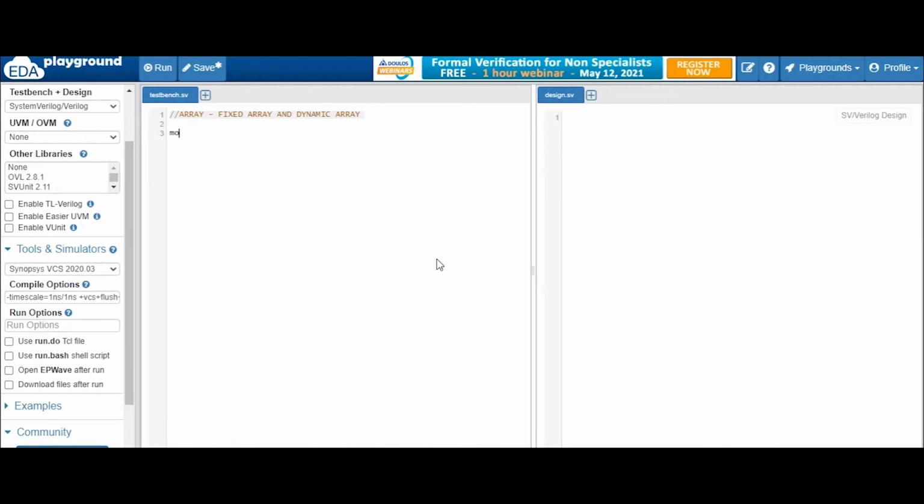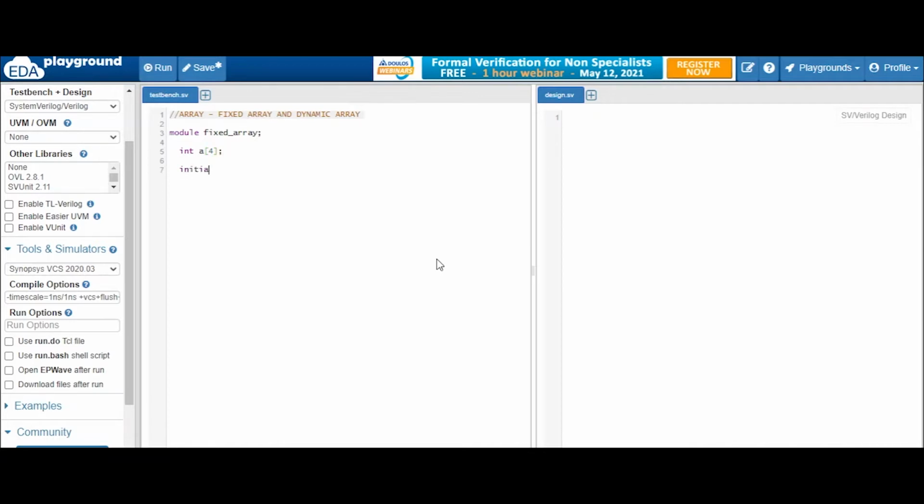Okay, so for that we will declare one module. Let's name it fixed array. As you know, how we declare a fixed array is, this is our data type, this is our variable name. Suppose a is our variable name, and inside this we assign a fixed array size, that is 4.